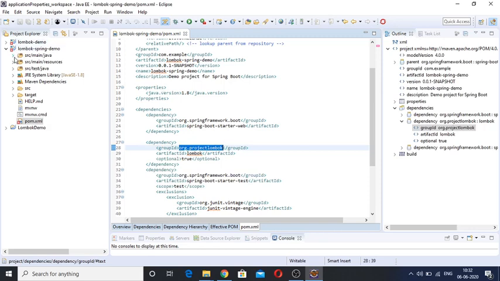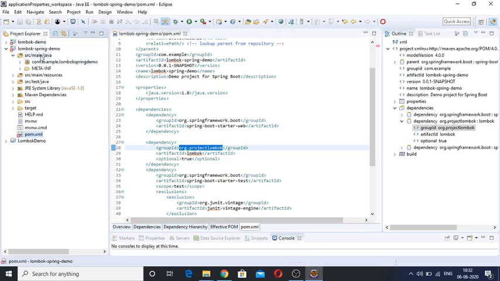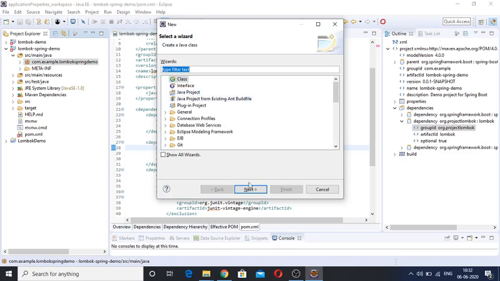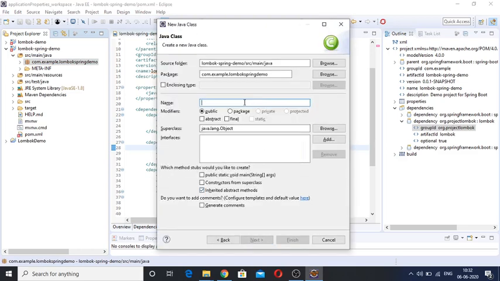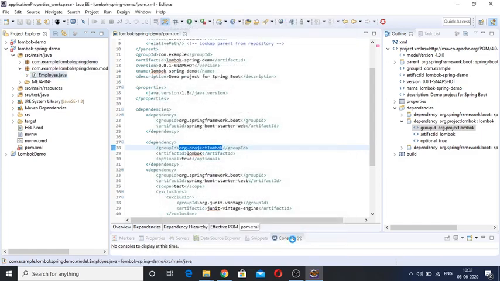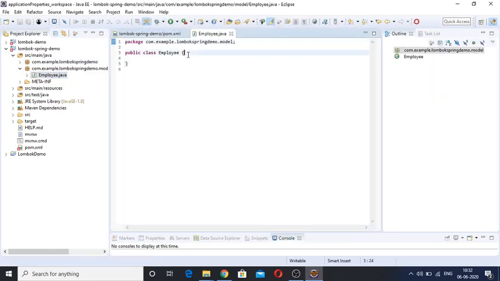Now I'll simply create one model class. Control N, and I'll give the name of this model class Employee, and create it in the model package. So I have created one model class named Employee. This Employee model has some attributes.